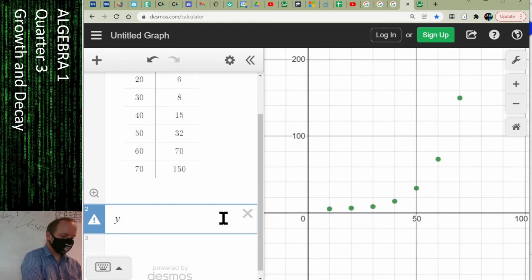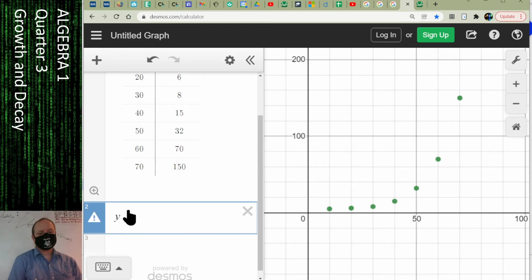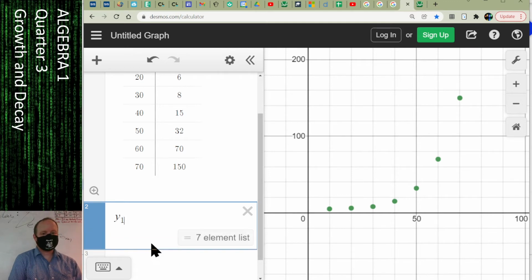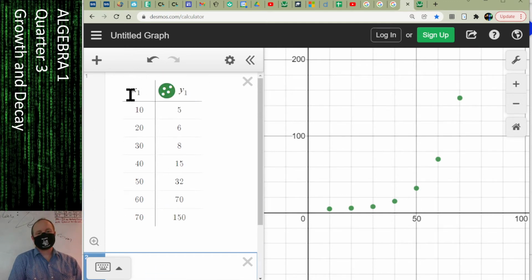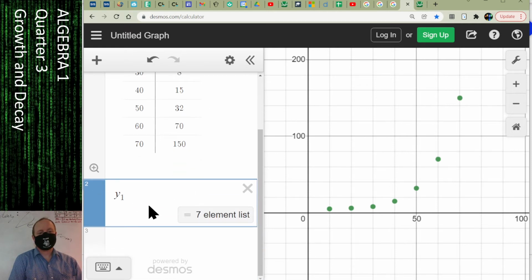You can type shift minus, and that shifts your cursor down, and then put a 1. We just want these variables, x sub 1 and y sub 1, to match exactly. So that's why we put this subscript underneath of it. And again, subscript isn't telling you to do any math. It's just saying this is our first y. If I have multiple tables and multiple equations in here, I want to keep track of which y variables I'm talking about. So to get out of the subscript, you press your over arrow,